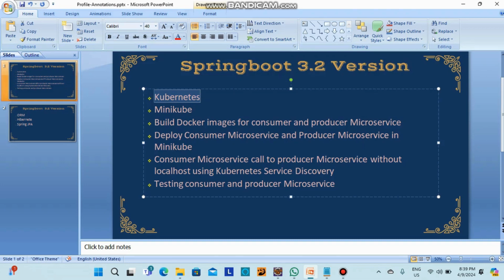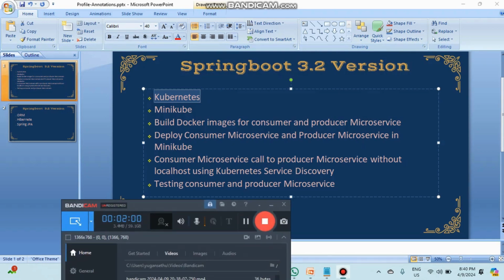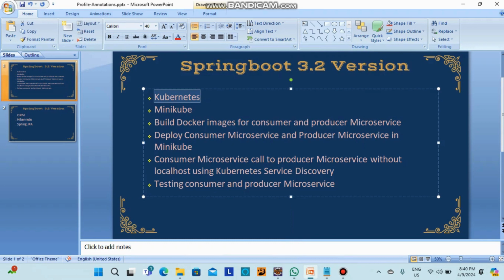Then we build the Docker images for consumer and producer, and deploy the consumer and producer microservices into Minikube. Normally, if you want to deploy any microservice, you need to create a deployment script and a service script. Both have to be created. The deployment script deploys it into Kubernetes, and the service script is going to connect the